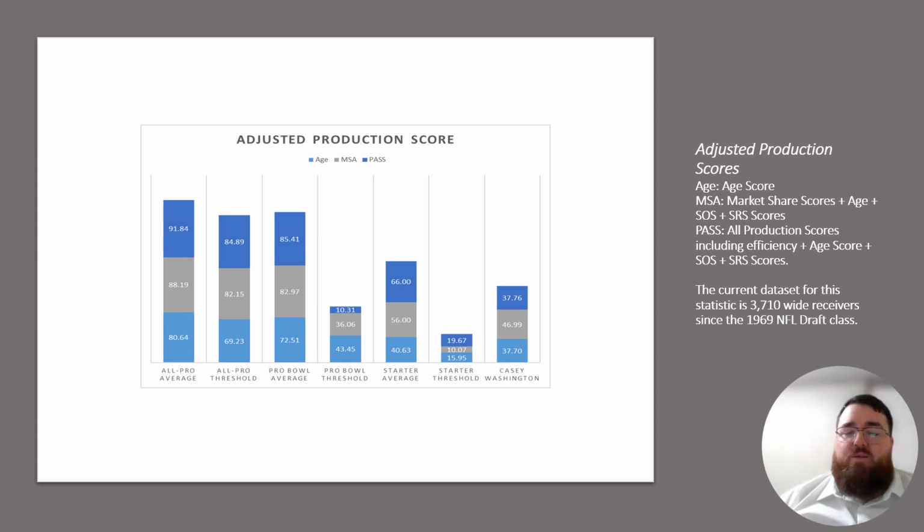But when you look at his adjusted production, it is nowhere near the starter averages, the Pro Bowl averages, and All-Pro averages. So again, this was just not a great pick because you already are picking in a round where you're more likely just going to get a backup or rotational reserve or practice squad player, and you're going to pick a player who's probably going to underperform that status based on his overall data. So this was not the best of it. This might be one of their worst picks, to be honest, for the Falcons.